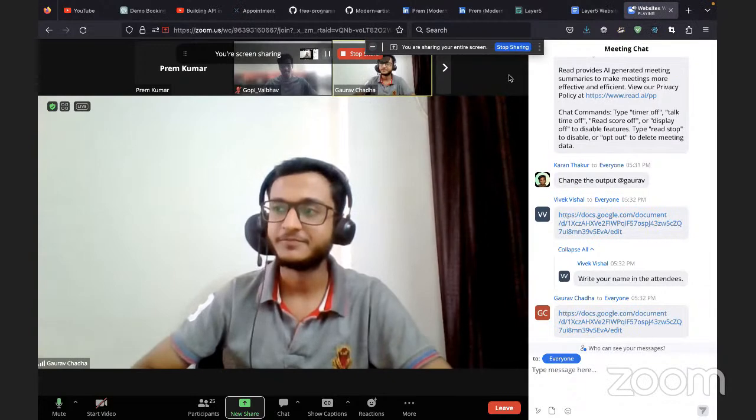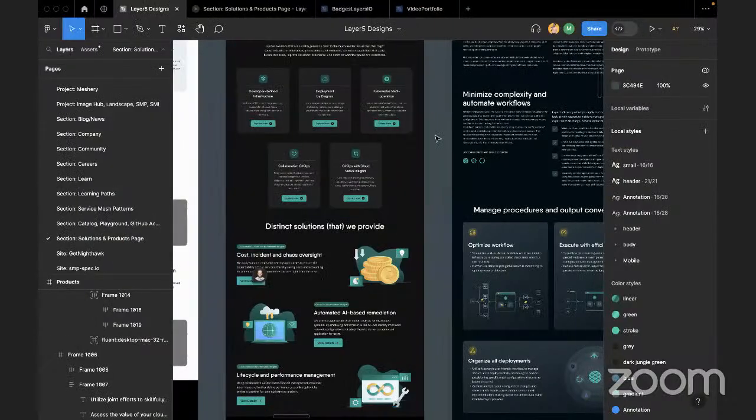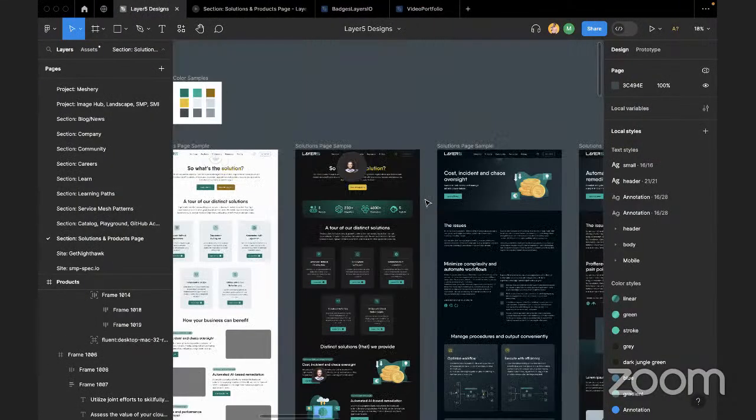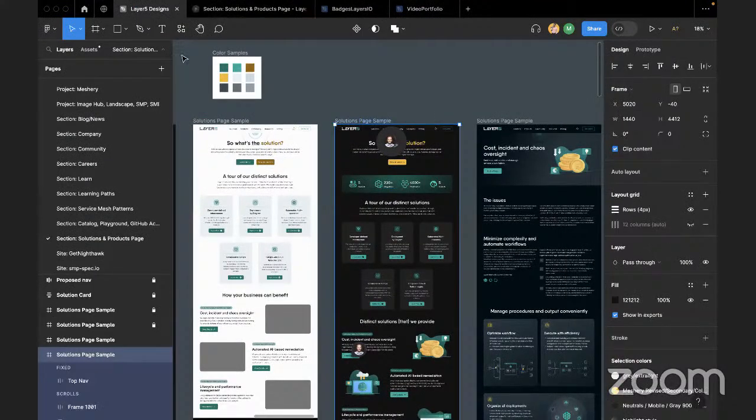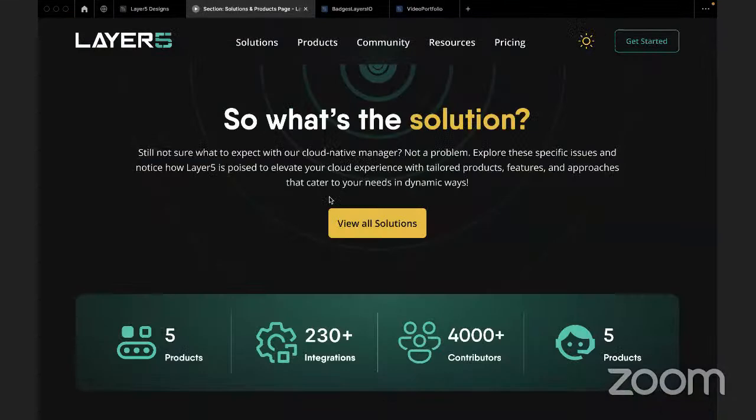Okay. So basically, we have proposed this design. Let me just quickly play it. This is the basic design of a solution page. Here we have all the details about what our solutions are for the products.